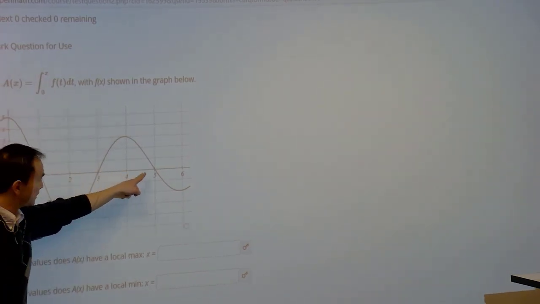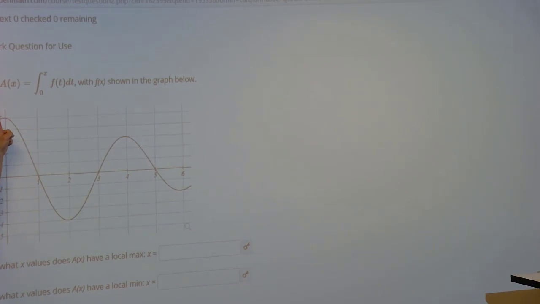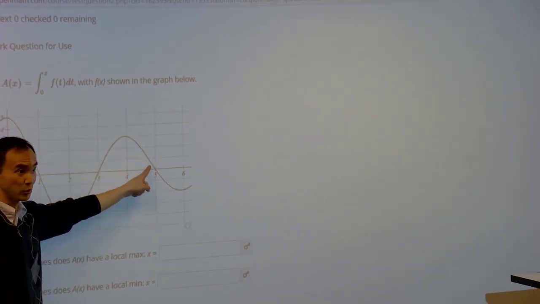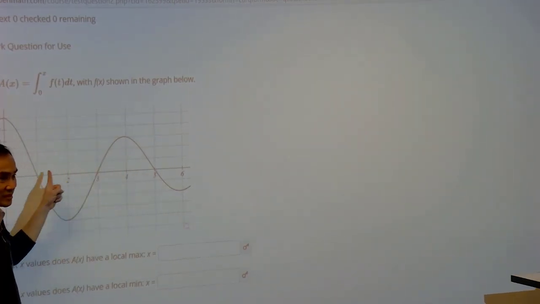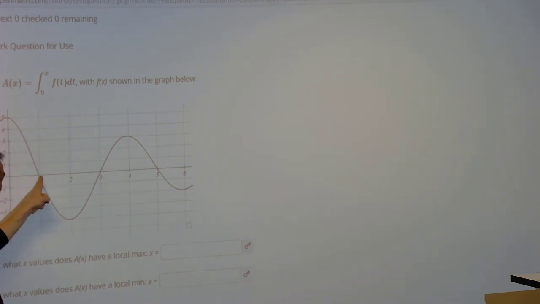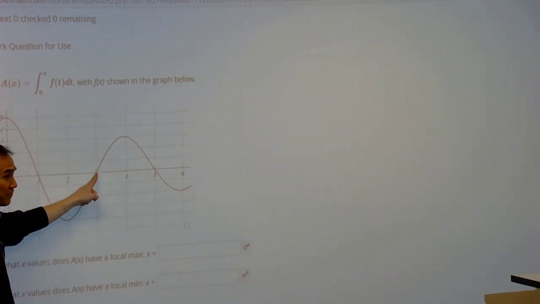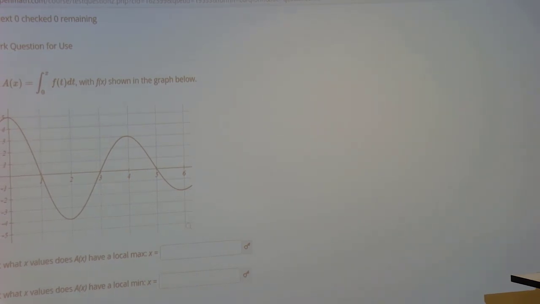So now things relate to your calculus 1 data again. These x-intercepts here are the values where your f of x, the derivative of A, crosses the x-axis. Or you have A prime equals 0 here. You guys see that? So from the graph, you can see that. I'm running down a gradient process right here, but from the given graph, we have A prime of x, which is the same as f of x,